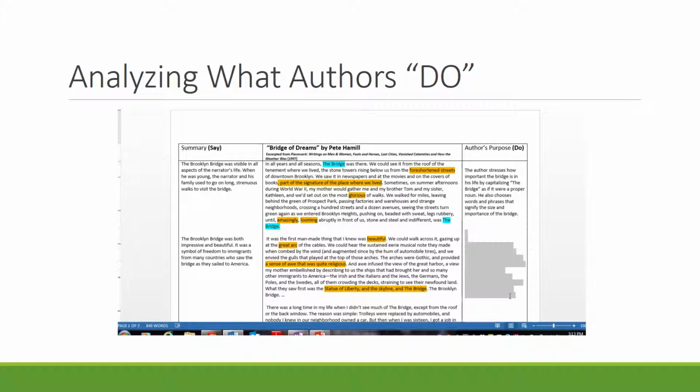The Statue of Liberty is one of America's most important national symbols, and the author of this piece, by associating the bridge with the Statue of Liberty, says that it's as important too. So I wrote essentially that in the right-hand column. The author uses words associated with, let's say, greatness. The author uses words associated with greatness to again highlight the significance of the bridge in his life. And he uses the example of the immigrant seeing the bridge alongside the Statue of Liberty to show how important it is to others as well.